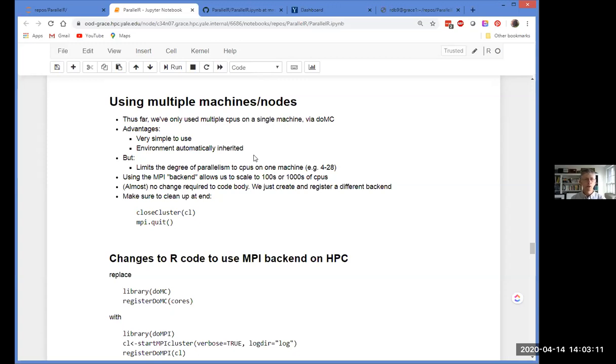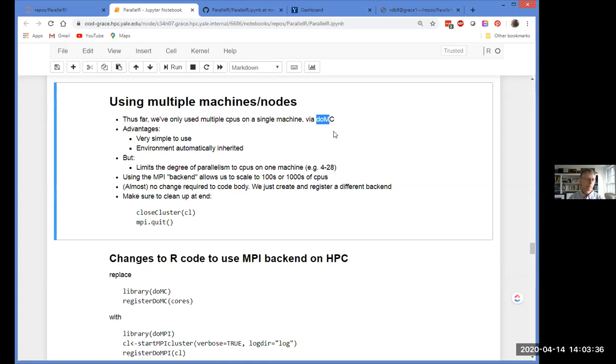So in particular, you get all of the variables that were assigned at that moment, and you get all the libraries that have been loaded at that point. So you don't have to explicitly tell the workers to load all that stuff. And this is really one of the key advantages of foreach over some of the other approaches, is that environments are handled really well. For doMC, it's handled automatically, because doMC is fork-based, and fork gives all the children the full environment. So that's really powerful.